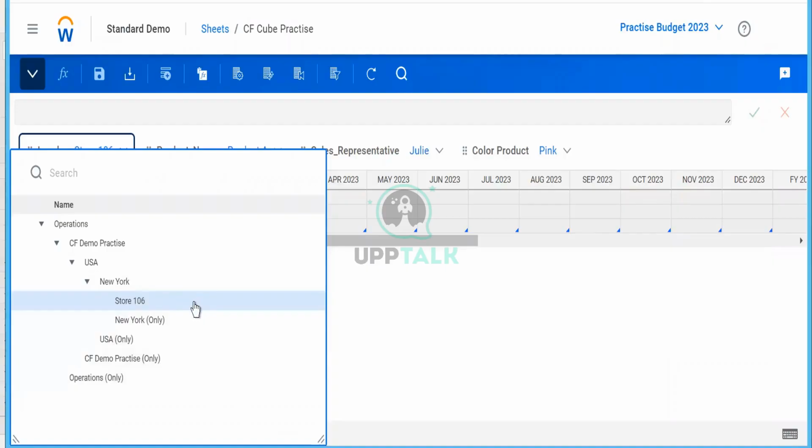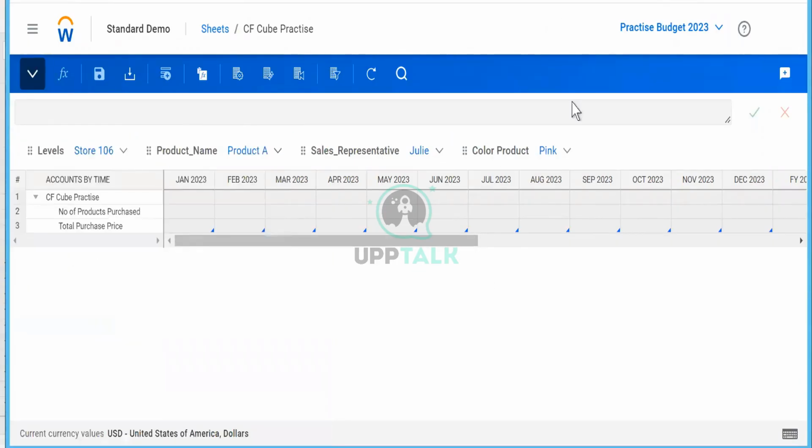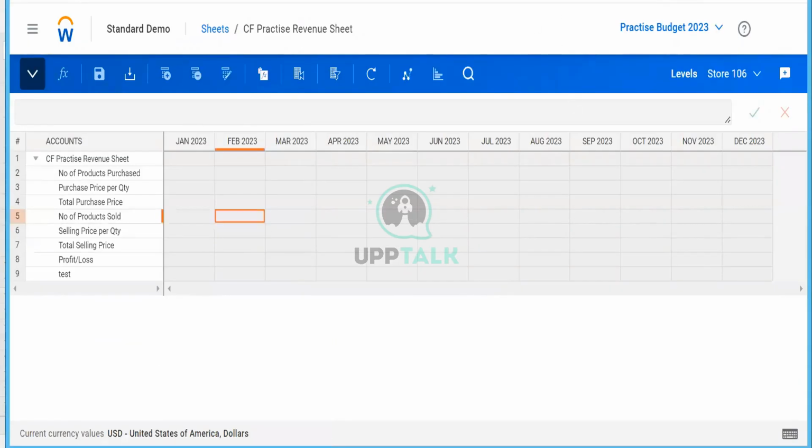There is another way to tackle it, which is to create a new planning level for New York and enter it there. There are two ways to tackle that. But yes, for every parent level, one only level is created by default in Adaptive, which you can see in the sheet. With this, we complete the standard sheet and the cube sheet.